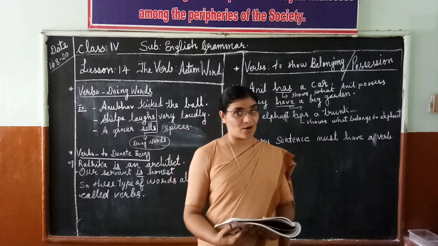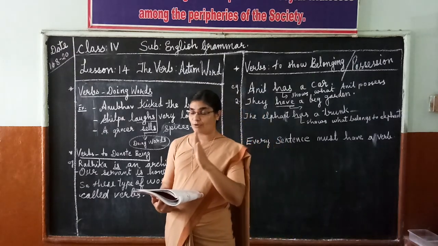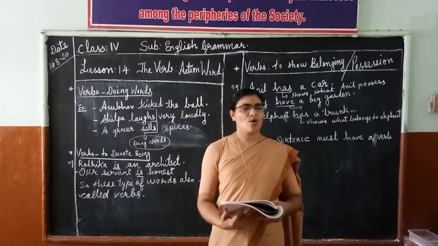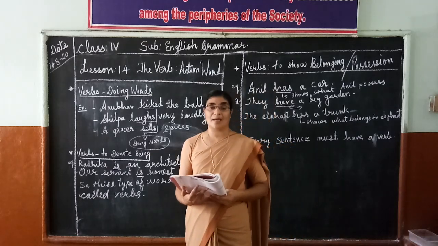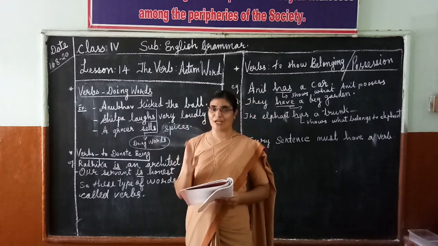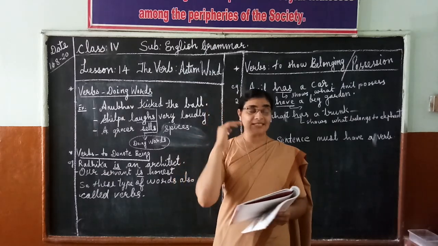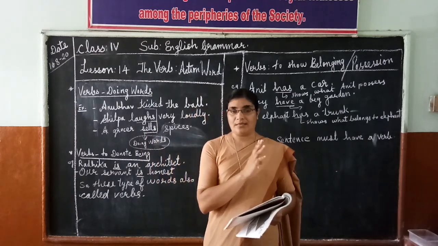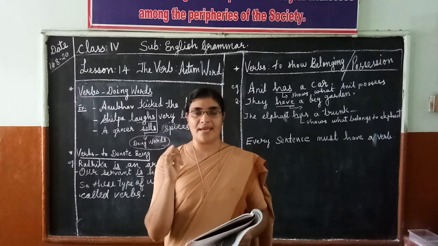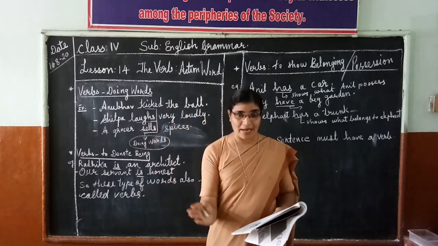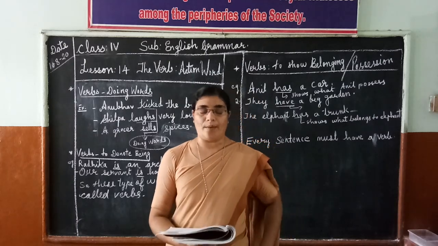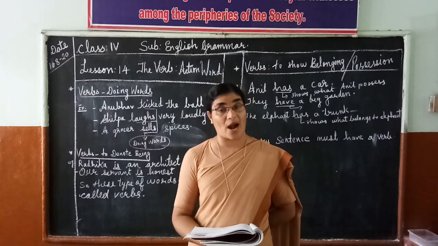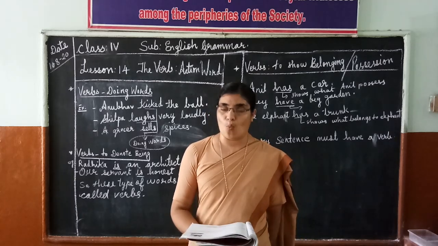Like for example, "Gopal wrote a beautiful poem." We have only one verb here, that is wrote. Or "The carpenter is making a table." Is making: two verbs we have in the sentence. Or "We will be leaving for Agra tomorrow." We is the subject. Then we have will, be and leaving. Leaving also is a verb. So three verbs we have. So in a sentence, it's not necessary to have only one verb. It can be more than one verb.